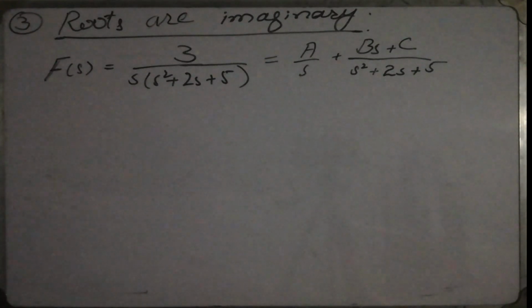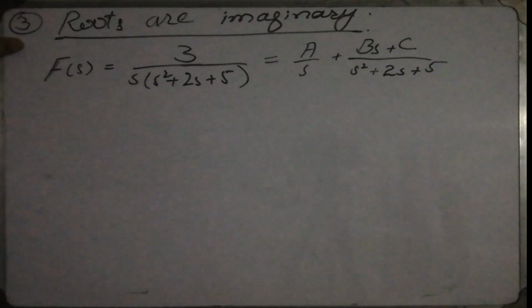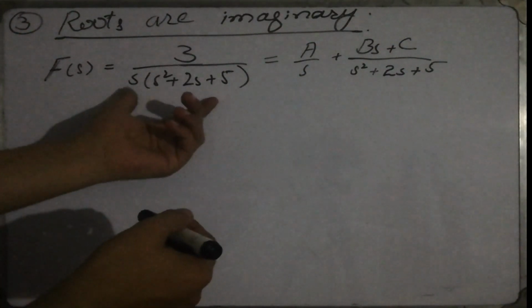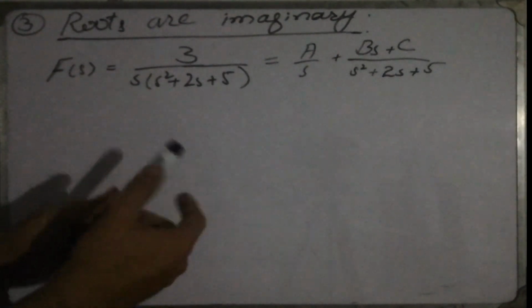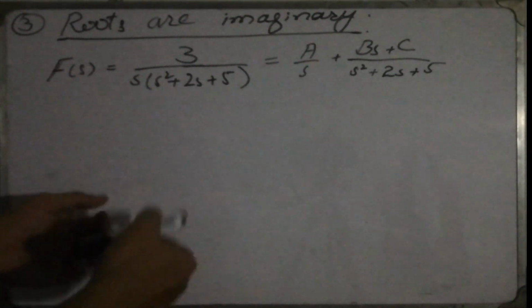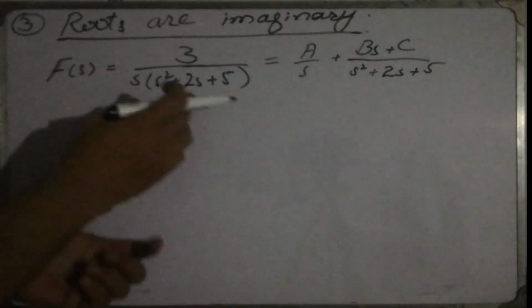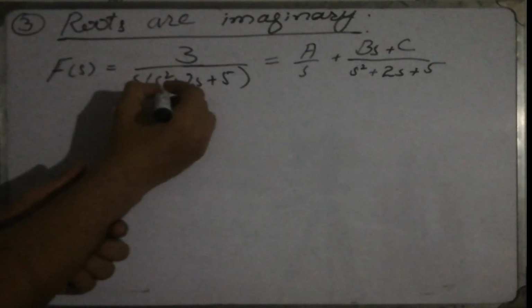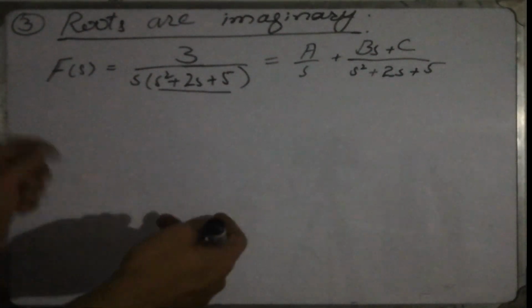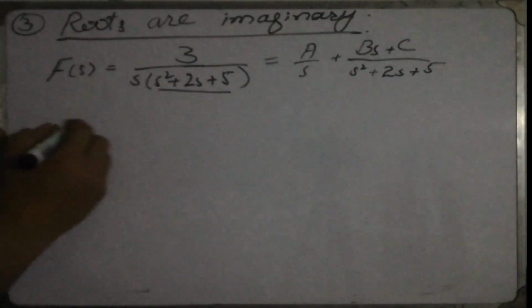Now for the final case of partial fractions, when the roots are imaginary, and by imaginary we mean that when the denominator is equated to 0, we find the roots, which are the values of s that are not real but imaginary. For example, in this case, if we cannot factorize this term, we try to find the roots using the quadratic formula, which is